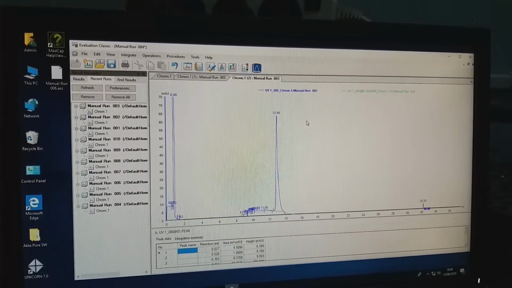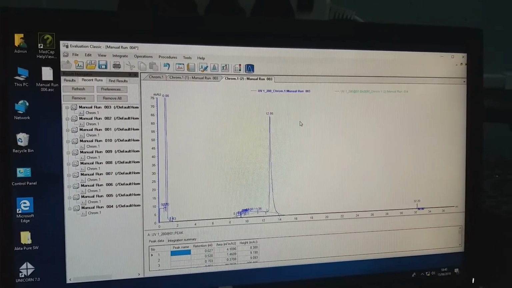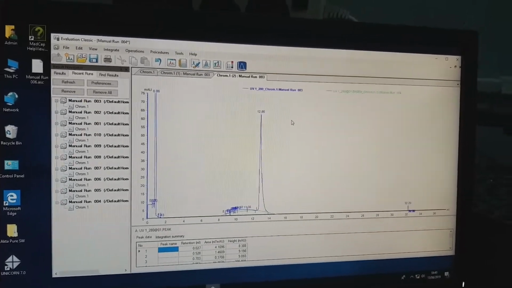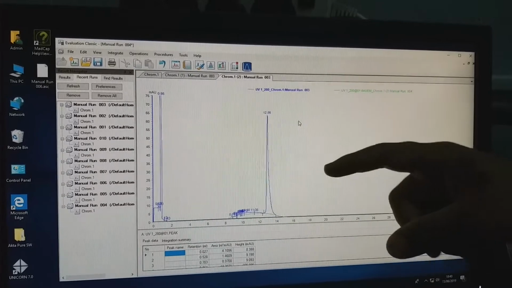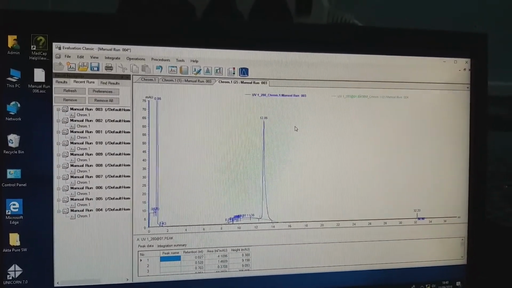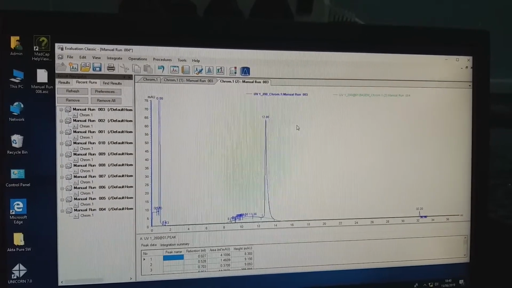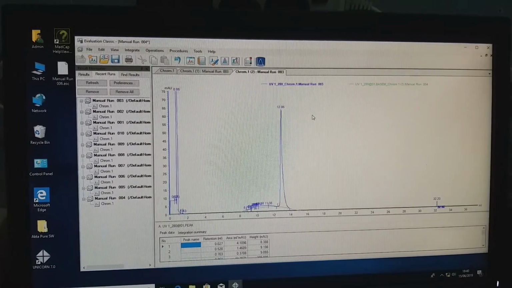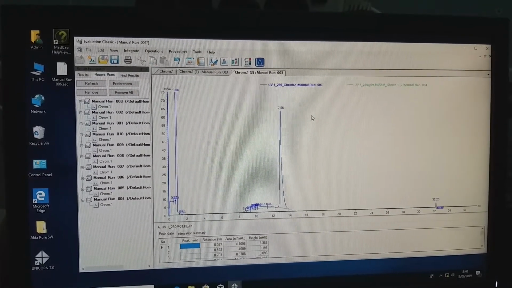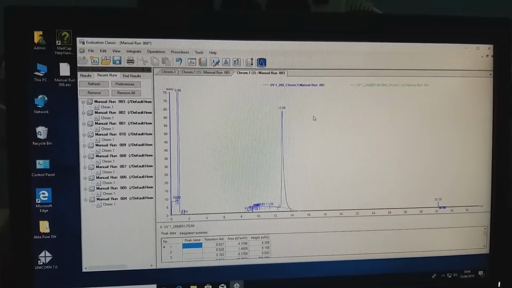With this you can analyze the results. If you want to calibrate, you have to calculate the retention volume for all the proteins you are using for calibration and construct the calibration curve between partition coefficient and log molecular weight. With this you can identify an unknown protein's molecular weight.